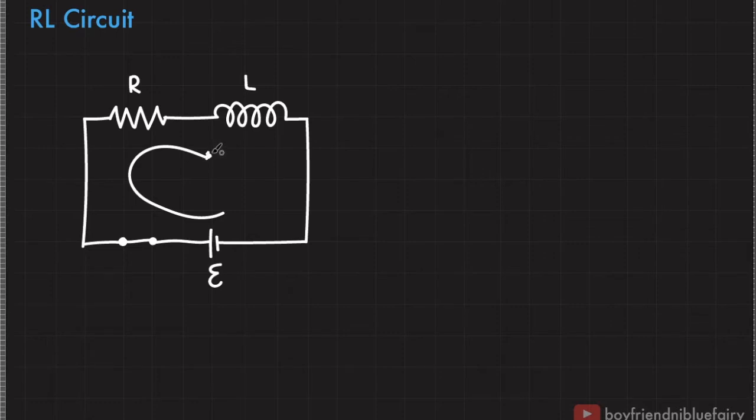Let's use Kirchhoff's loop rule to derive an expression for the current. So starting here, since this offers a potential rise, this is positive. So assuming that the current flows this way,